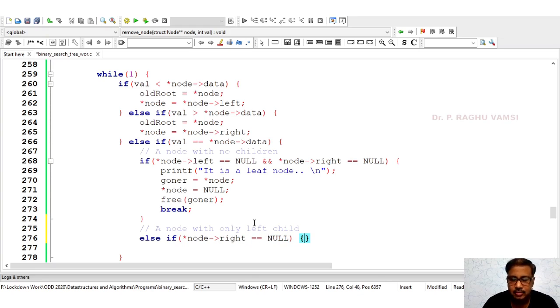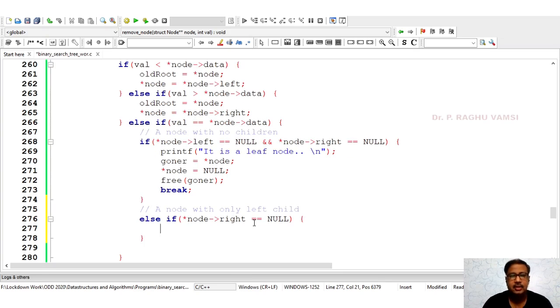That means if star node right is equal to null, star node left is not equal to null. So that means we will print a node with left child was found for deletion.